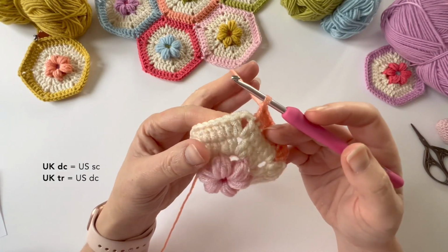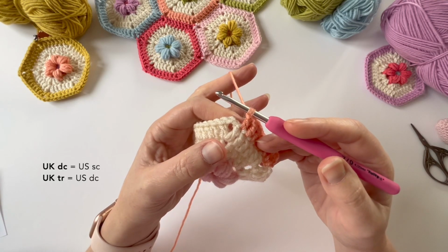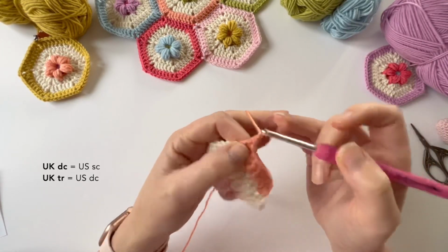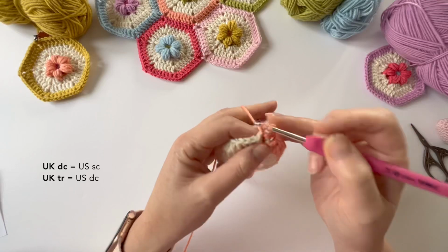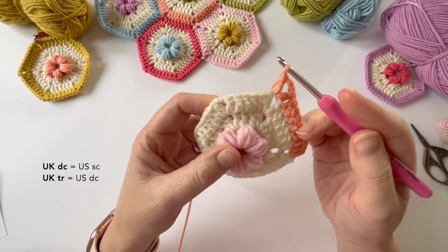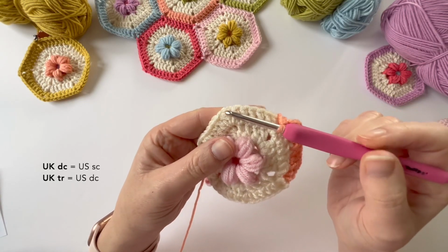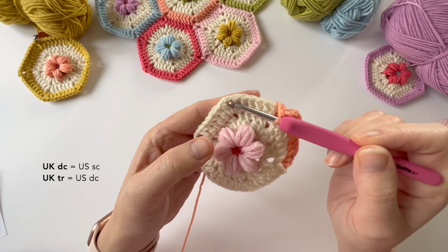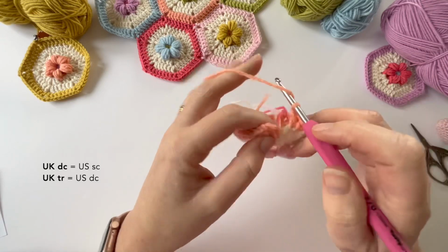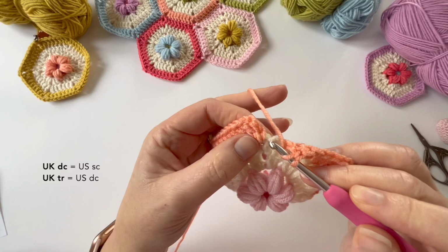So then at the space I'll work 1 treble, 2 chains and 1 treble. So in US terms that would be 1 double, 2 chains, 1 double. So exactly the same as we did in the row below. And I'll carry on round. So 1 treble stitch into each of these stitches and 1 treble, 2 chains, 1 treble into the corner. So back round to the beginning,